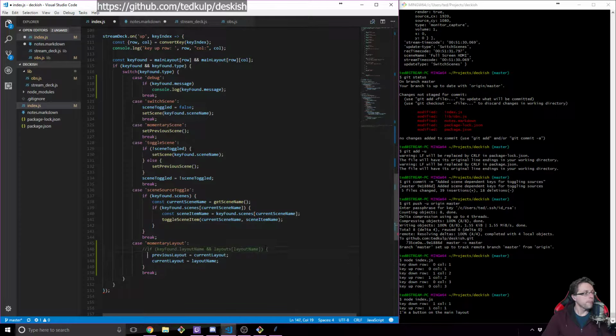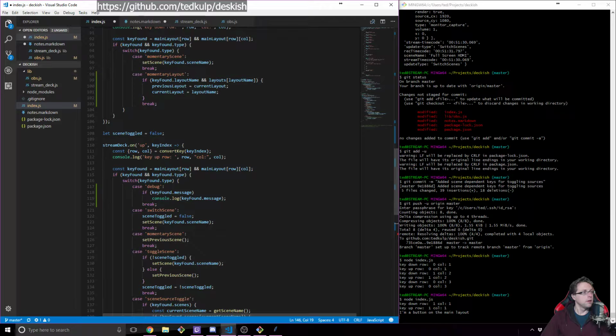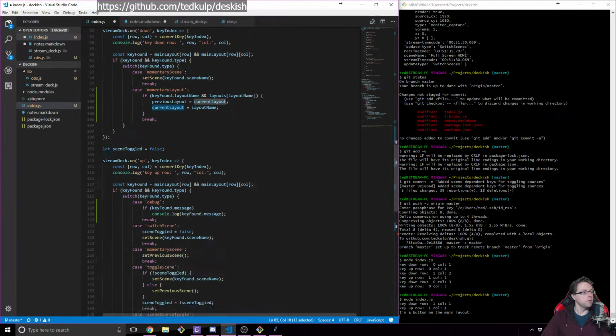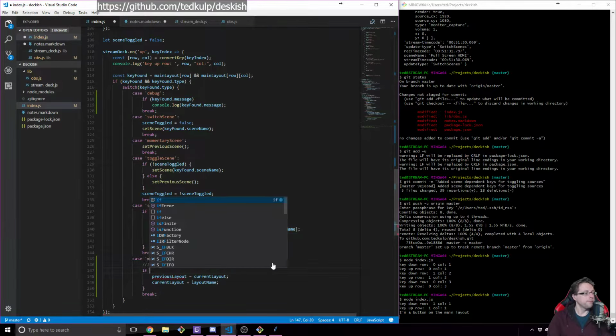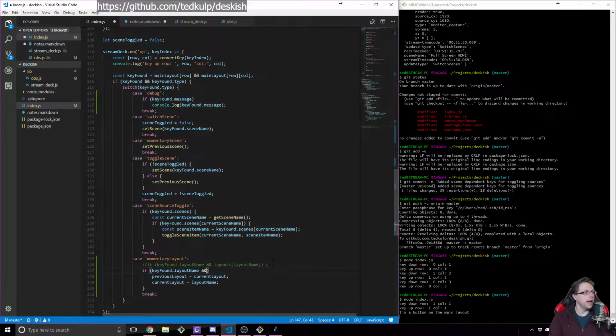I think it's some kind of sanity checking if I actually check it. So if I hit the key down and then the key comes back up, I could do a sanity check that says, if current layout equals what is in layout name, just to make sure that I'm here for a good reason and not because of some weird error. And then I totally screw myself up and change all the layouts back and all that other stuff. So, you know what? I am going to do that. If key found dot layout name and key found dot layout name equals current layout,